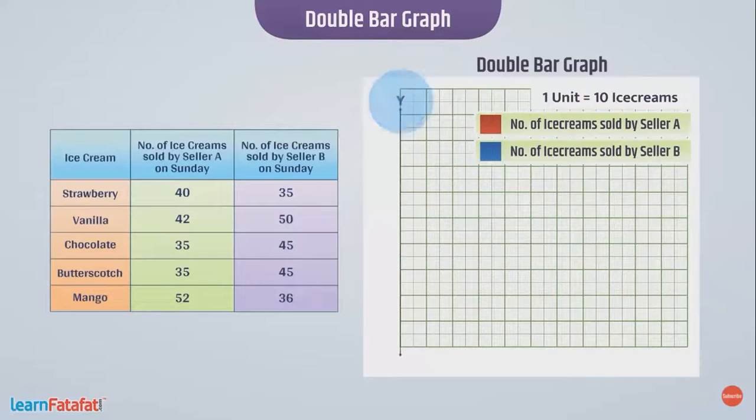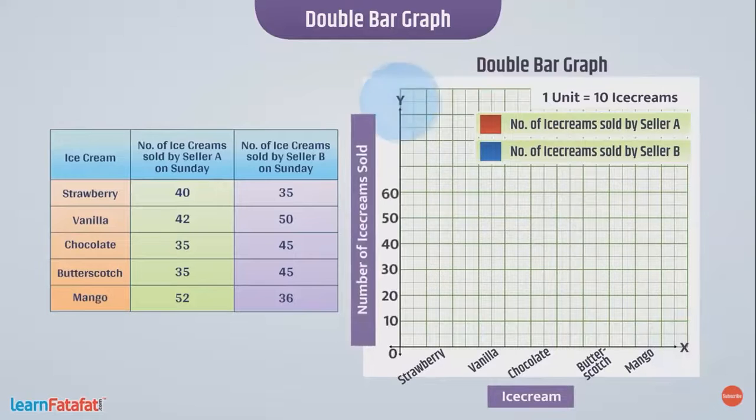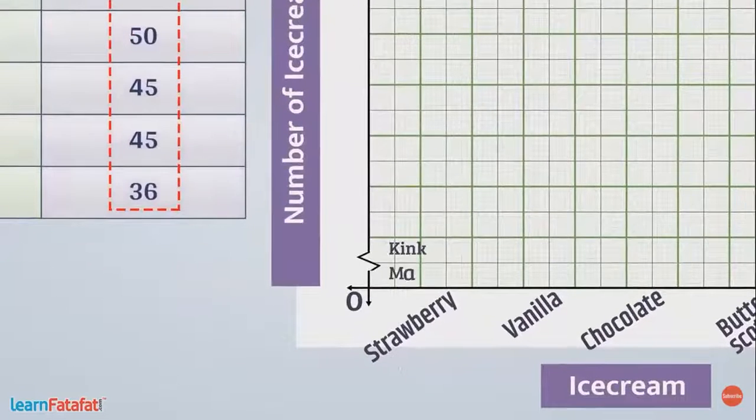First, draw the vertical and horizontal axis. Show categories like strawberry, vanilla, chocolate, etc. on the horizontal or vertical axis, and show the number of ice creams on the other axis according to the scale taken. Here, since values less than 30 are not present, we can skip those values and start from 30 as well. To do so, we will draw a kink mark which shows that the values from 0 to 30